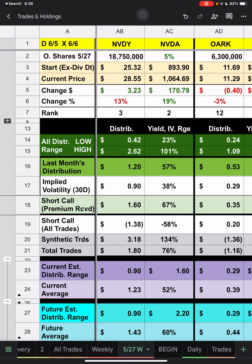Yeah, it might be this IV now, but the last couple of weeks, that IV was probably a lot higher. And you could tell based off of the short call premium received. So I'm going to guess towards that higher end between the $1.20 to $1.60 right now, and not close to the 90 cents. But who knows? I could be totally wrong. So if we look at the future distribution range, we're looking at 90 cents to 220 with the average of